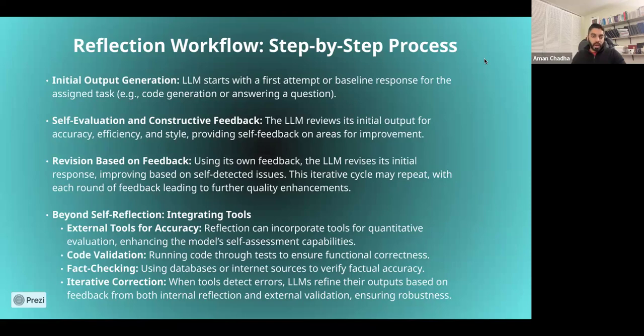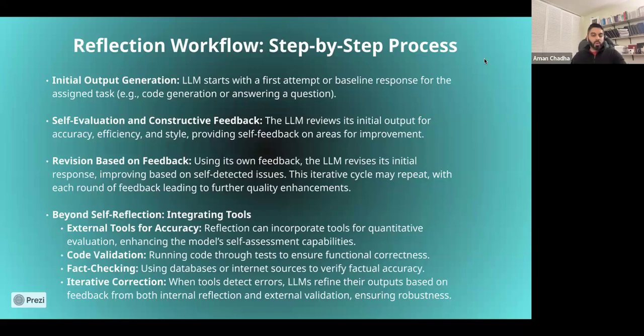So this is the idea behind reflection, which is to make the LLM self-reflect on the output that is generated, refine it, and get you a much better output at the end of the day. Now, this is classic reflection. There's also reflection with tools, where we could incorporate APIs or tools for some of this evaluation.